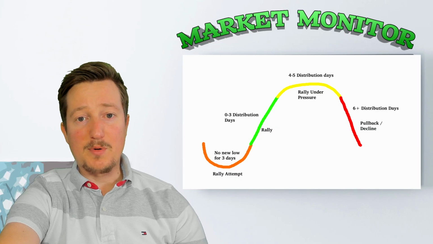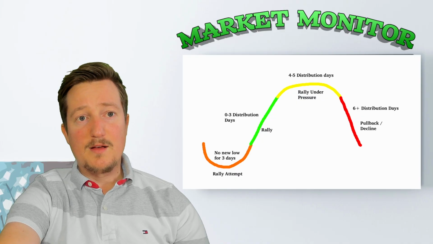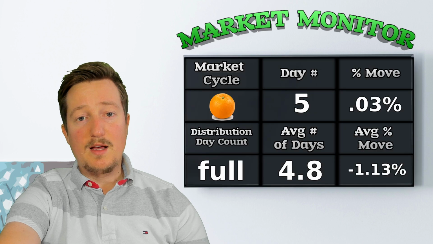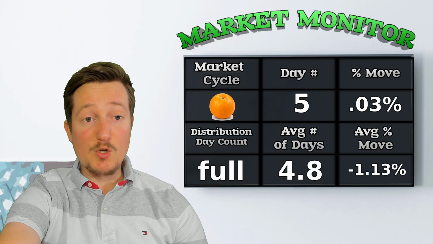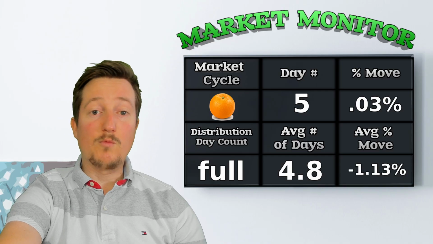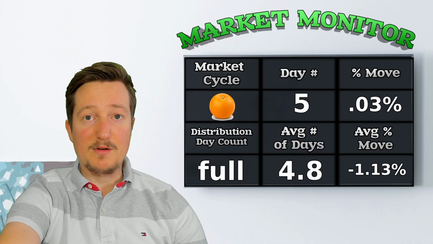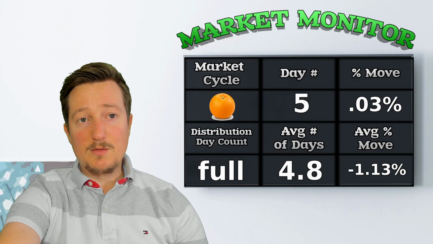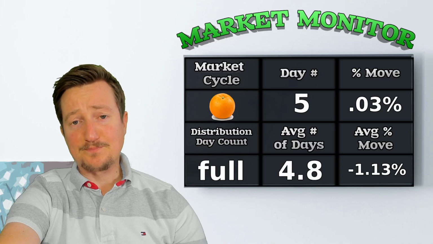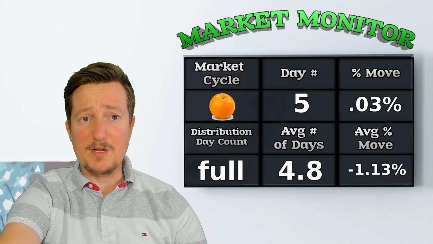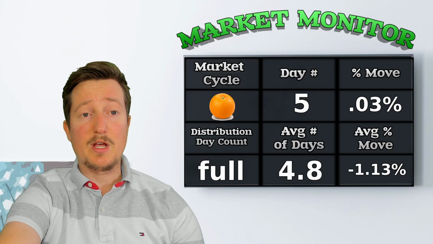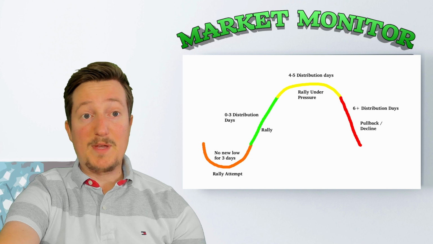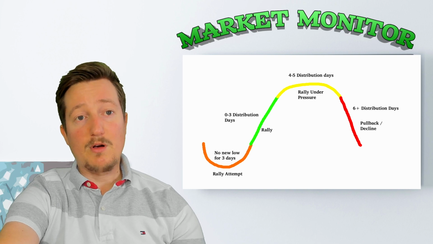And as you can see, I'm going to post this picture here, about the number of distribution days and stuff like that. But essentially, the market monitor is currently orange, and we are day 5 orange, and we've gone 0.03%. The average orange cycle lasts about 4.8%, and it moves negative 1.13, and the distribution count is full. So, basically what that means is we could be going into a green cycle, but given all the stuff I already outlined at the onset of the video, it looks like this orange cycle could actually fail and not go to green, but actually reignite a red cycle if we made new swing lows. So I'm just watching out for that.